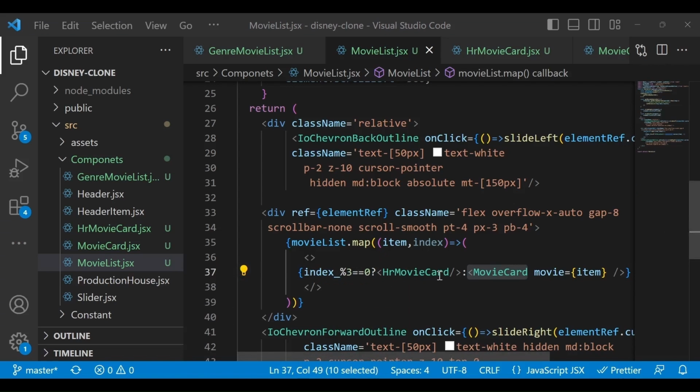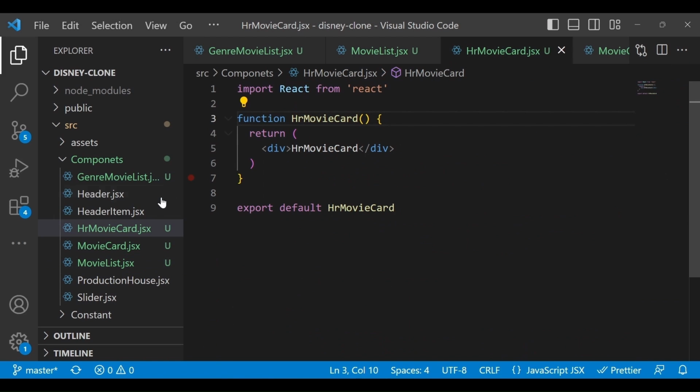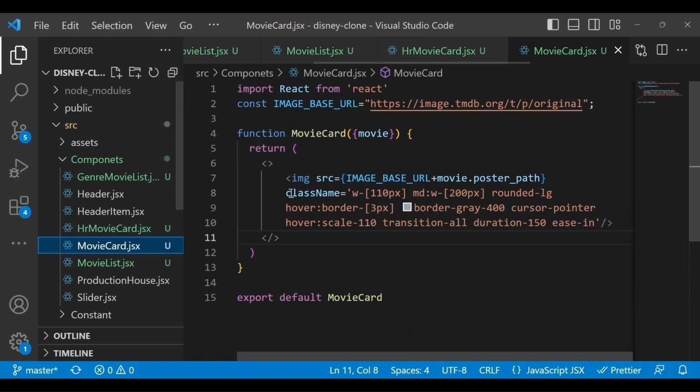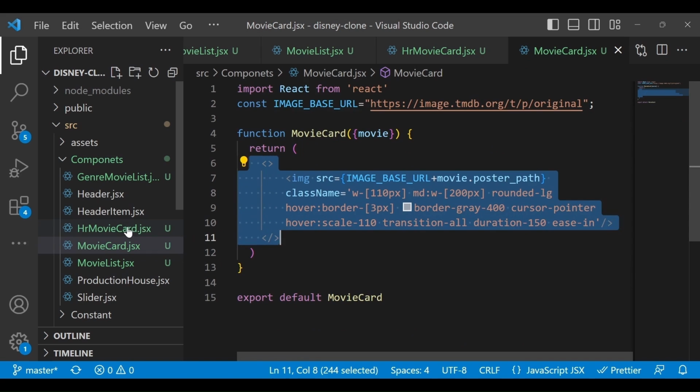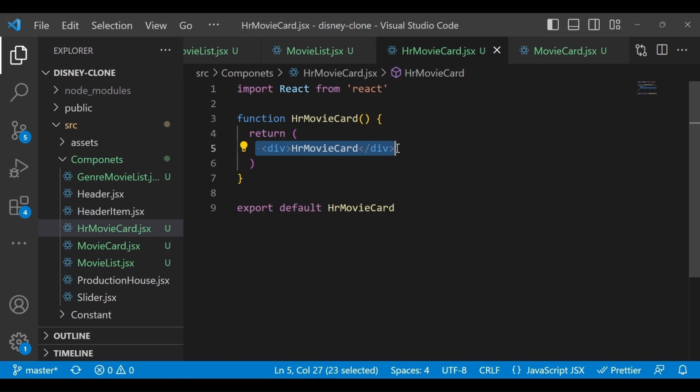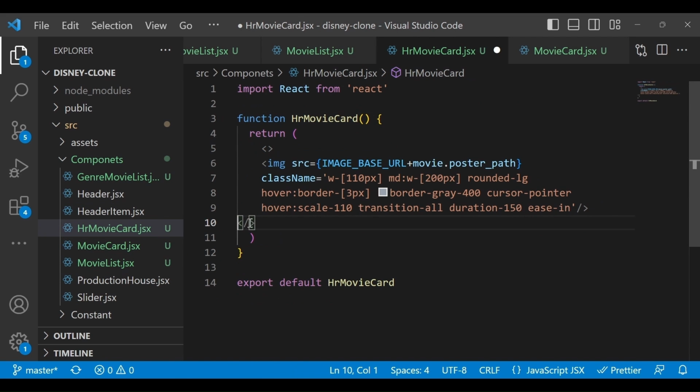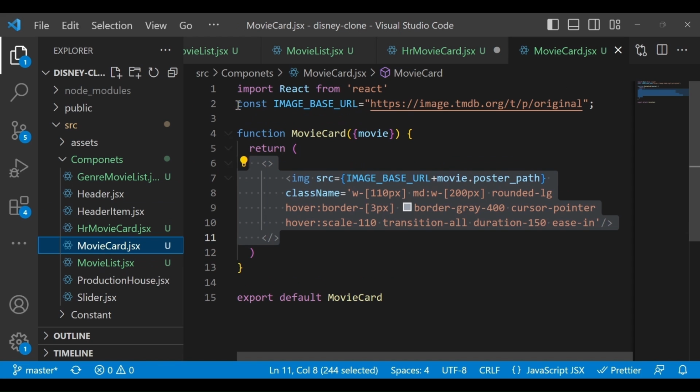Now let's go back to our hr movie card. What I will do is just copy and paste the existing movie card. So I will copy this movie card into the hr movie card like this. And instead of this poster path, also make sure you add this base url.